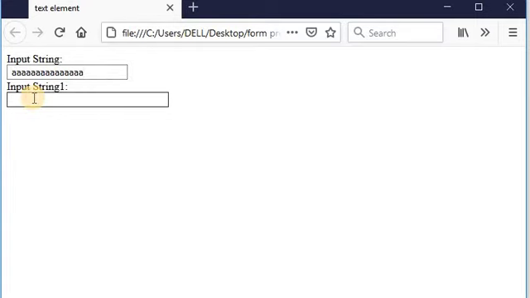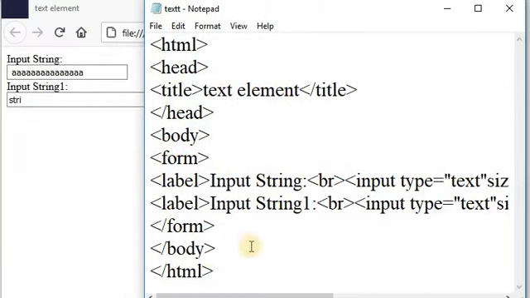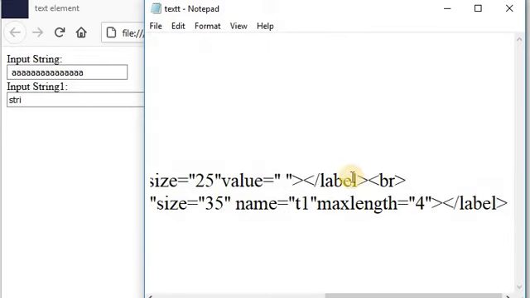You can write text only for 4 characters, because in our program we take the maxlength attribute equal to 4, so after 4 characters it cannot type any character.